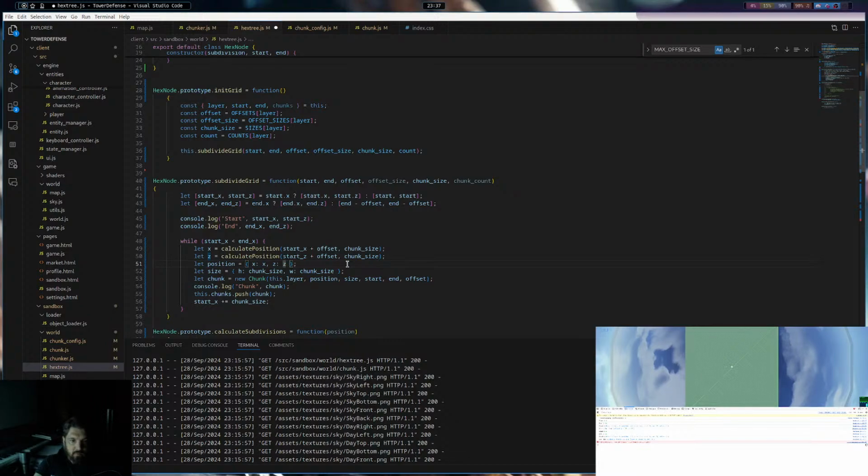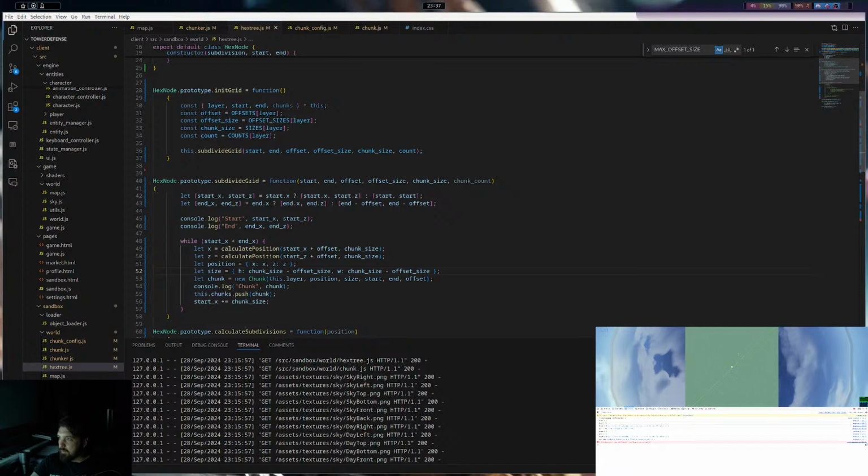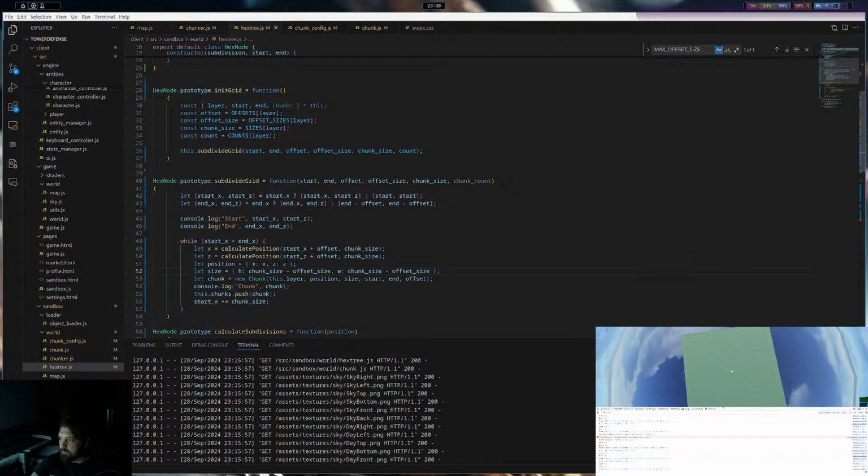Calculate the position plus the offset. And then the size is minus the offset size. That's close. Not exactly right, but it's close.